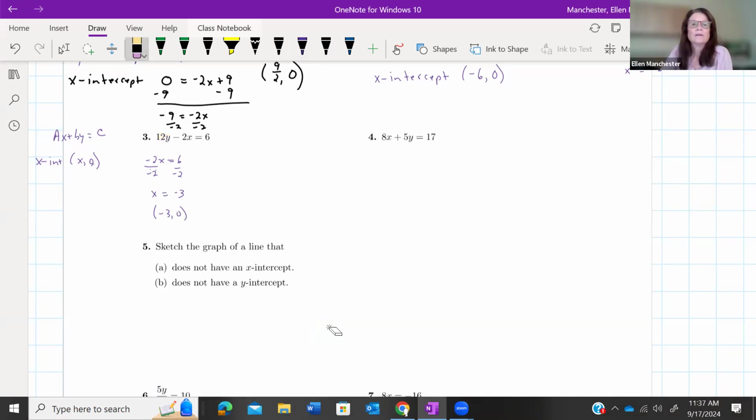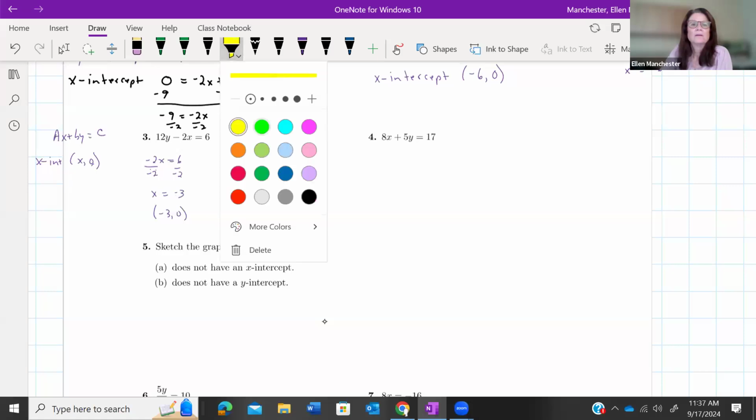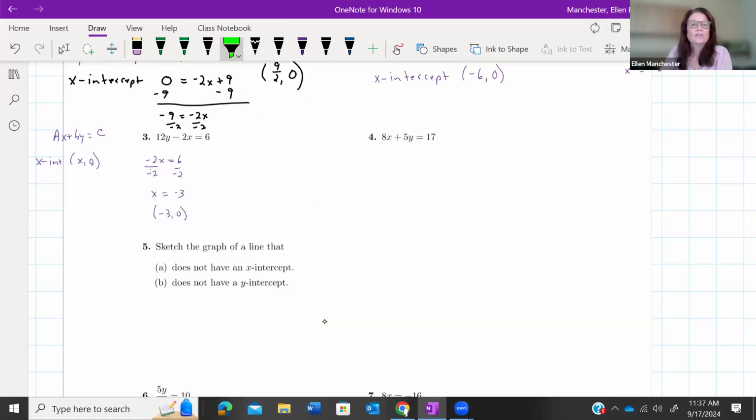With the other one, write it down. With my y-intercept, my x is 0. So what that means is I can cover up the x, because -2 times 0 is 0. And I end up with